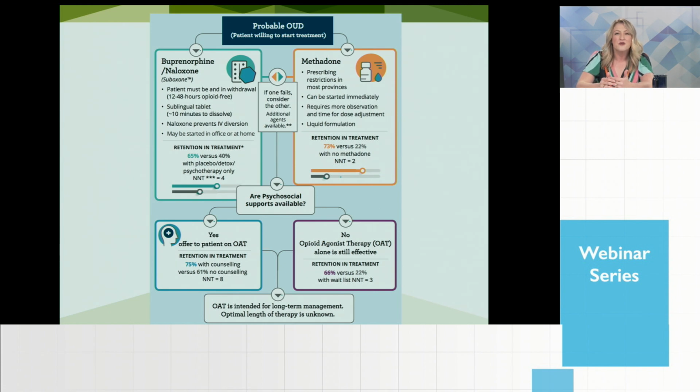From this point forward, I'm probably going to refer to it as Suboxone because that's the more recognizable term. Make sure that you know that both of these options are available for patients and both have good evidence behind them, as we discussed in our last presentation. If psychosocial supports are available, absolutely those can be beneficial to your patients, and I recommend discussing those. But if they're not available or your patient isn't ready to engage in counseling or that kind of treatment, that's okay. You still want to continue with opioid agonist treatment, as both methadone and Suboxone have really good numbers for benefiting these patients.